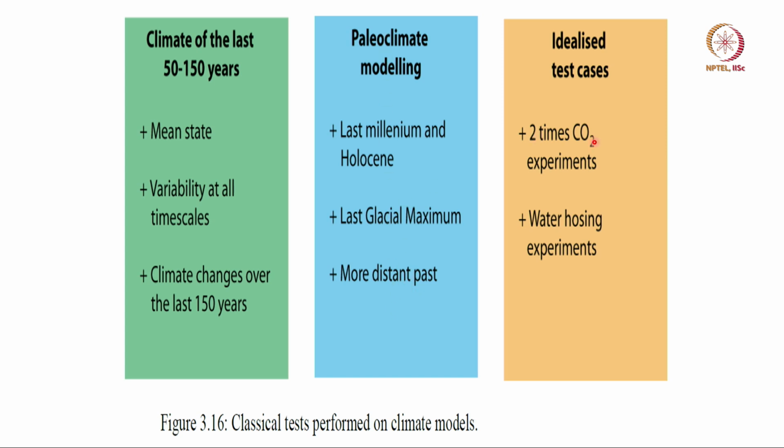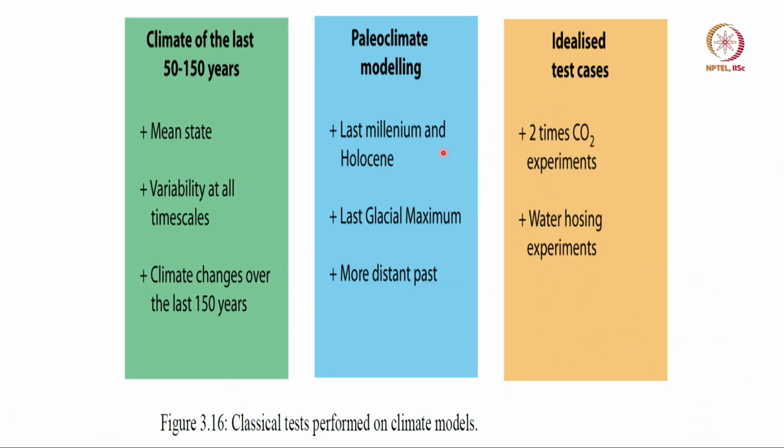Then to understand climate models, which are very complex, you run idealized cases. You suddenly increase CO2 by a factor of 2 and see what happens. Or you suddenly add water near Greenland to see what will happen if ice melts rapidly in Greenland and how it affects the ocean circulation. So these idealized models are run to understand specific aspects of the Earth's climate. Okay? So there are all kinds of model simulations which are related to what you want to understand about the model. You have built a complex model, but it is a very complex beast, and you have to spend a lot of time understanding how this model behaves.